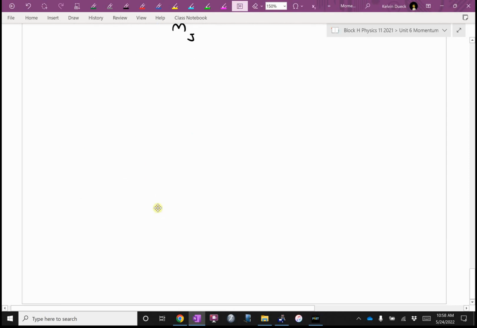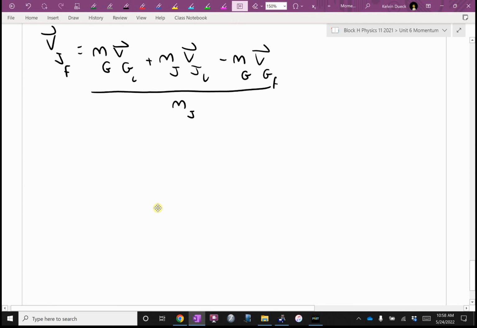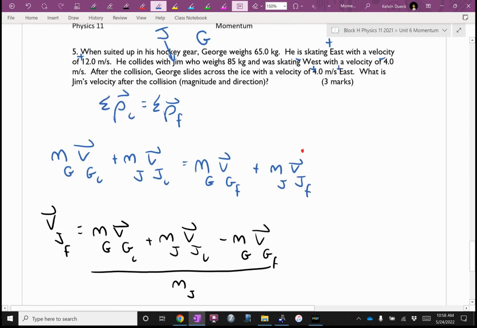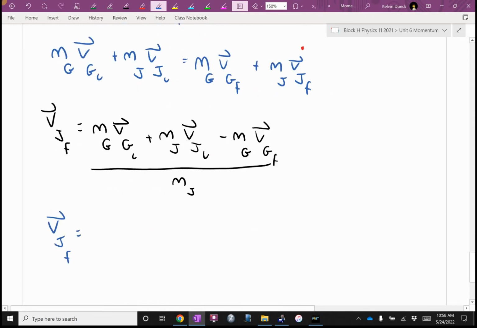Showed you that video already. Time to plug in the numbers. The final velocity of Jim. Again, I'm kind of expecting that Jim ends up changing direction and going backwards. So I'm thinking, since he was initially coming in west, I think he's going to end up going east, but we'll find out. George was 65